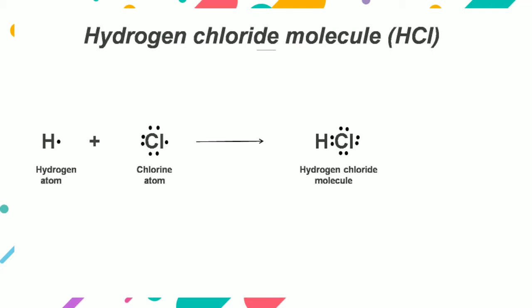Again here we have to show the complete duplet of hydrogen and complete octet of chlorine by encircling the symbols of atoms along with the electrons. And the shared pair of electrons should come in the common area of the circles. And since one pair of electrons is shared between hydrogen and chlorine, we can write it as H single bond Cl, means there is a single covalent bond in hydrogen chloride molecule.